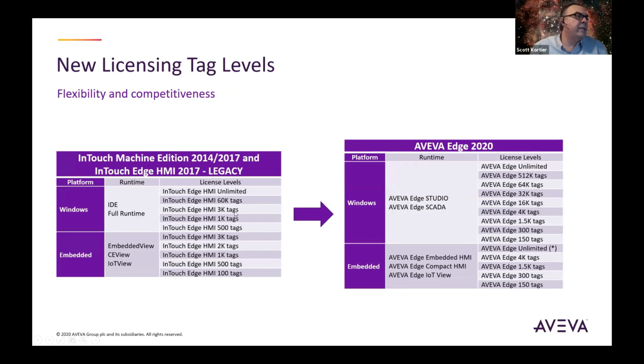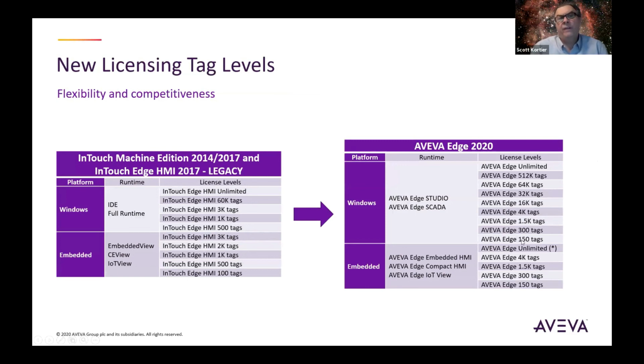Something else that we've done, and I think this is one of my last slides, is if you look at the licensing of InTouch Machine Edition or InTouch Edge, we had licensing that basically took you from 100 tags to either 3,000 tags for embedded or 500 tags to unlimited for the Windows-based runtime. We've changed that up a little bit.